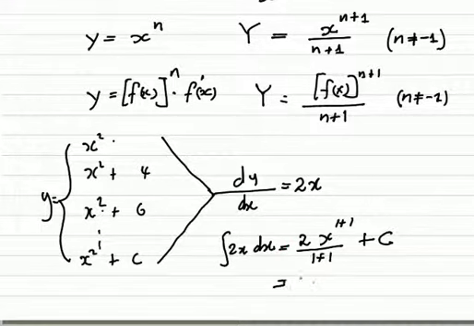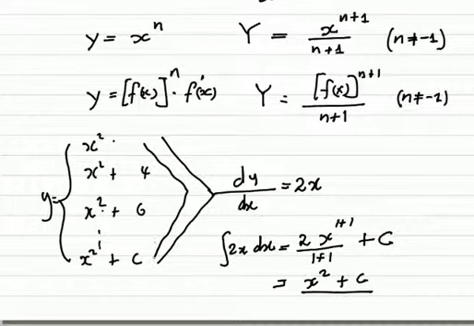Then this basically becomes x squared plus c, and you can see that this represents n of the functions given in all this range here. So that's why I think you would now be in a position to integrate functions using the power rule. So summarizing,